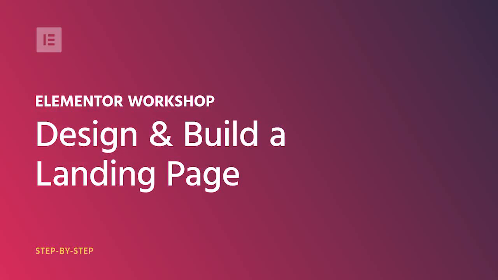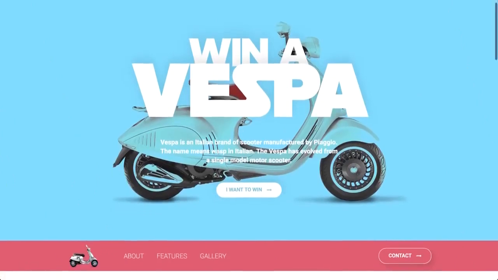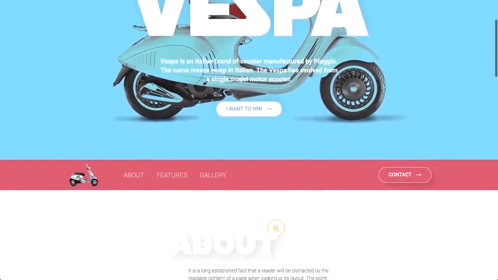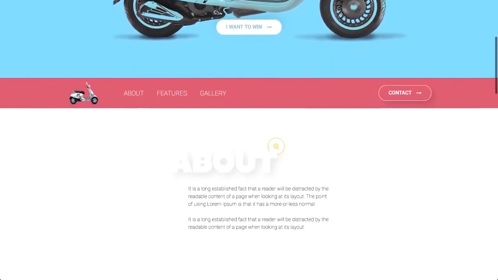In this guide, I'm going to show you how to build and design a landing page in WordPress using Elementor. Let's start with a quick overview of the landing page we'll be building today. The first area takes most of our screen space. It's made out of a headline, some text, and a call to action button that will lead the user to